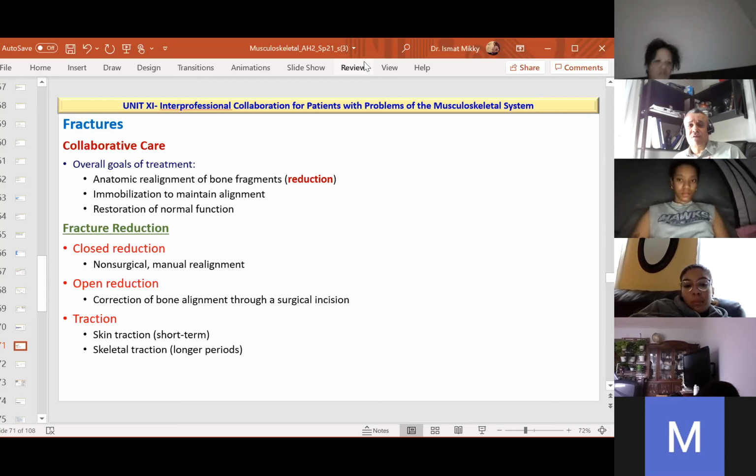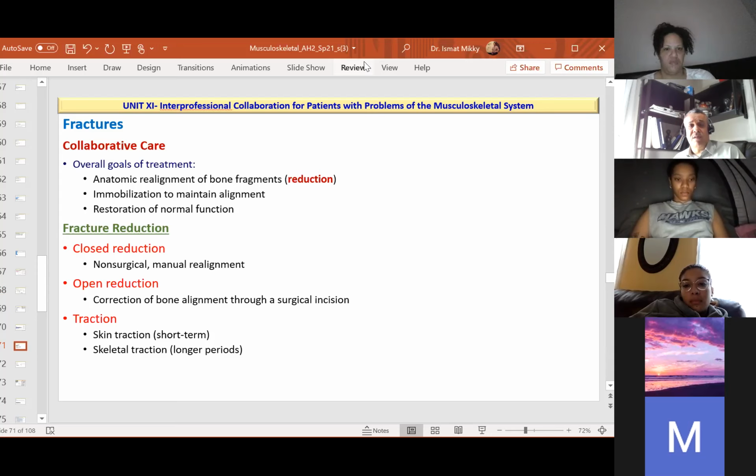Otherwise, if you allow a displaced fractured bone to heal, that will result in a deformity of the bone, and most of the time a shortening of the affected extremity, especially when it's a long bone. Now we have something called closed reduction versus open reduction. Closed reduction is a non-surgical, non-invasive procedure,